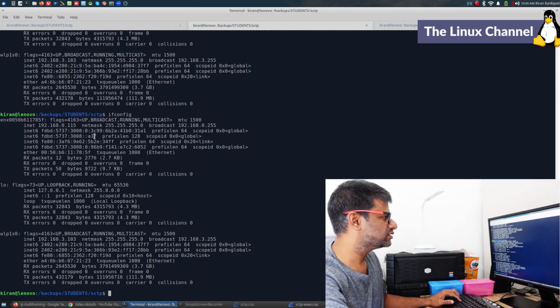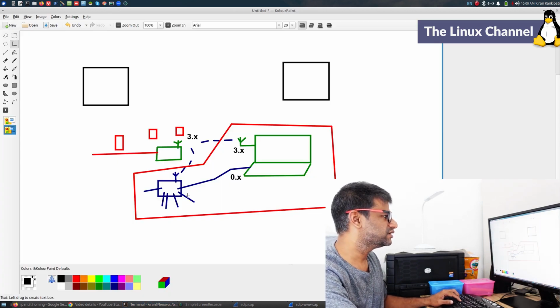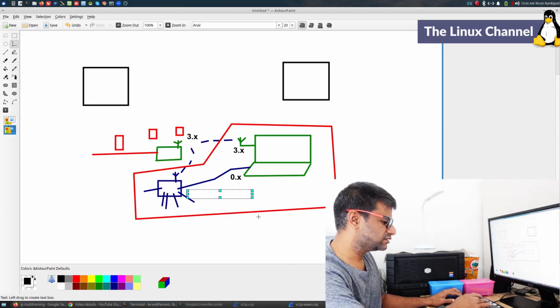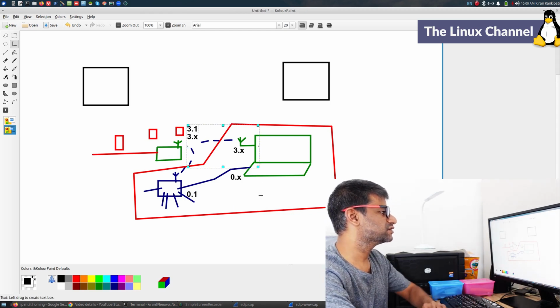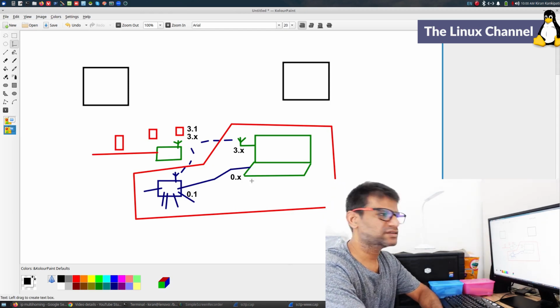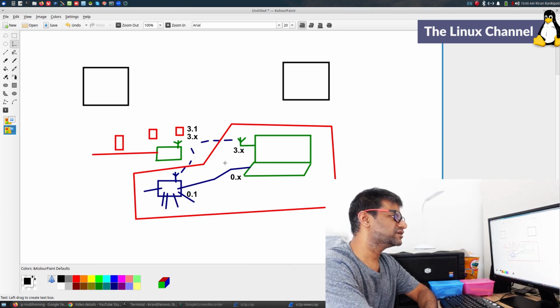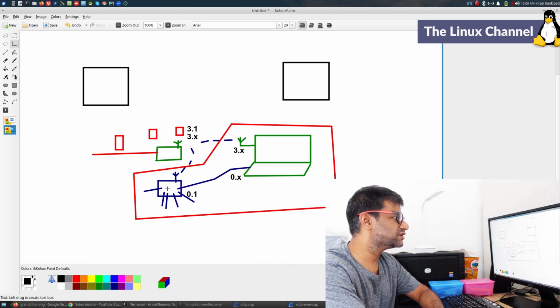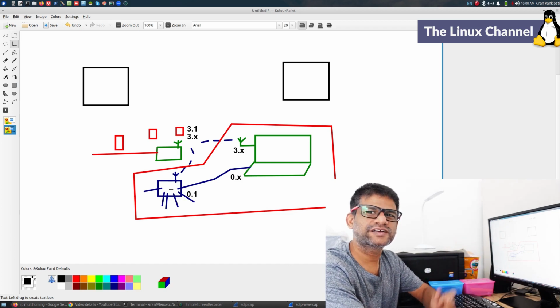So we wait for a while, and we should see a successful DHCP. You can see there 0.115. Okay, so this is a 0.x subnet, and the router address is 0.1, and this is 3.1. So that's what it is. You can see that even now I can try multi-homing, and effectively the packets should get shared between this router and this router. Of course they won't get two internet connections, but my laptop thinks it has two internet connections.